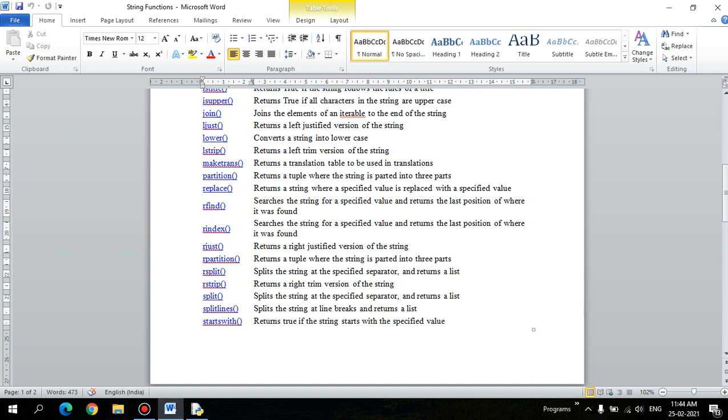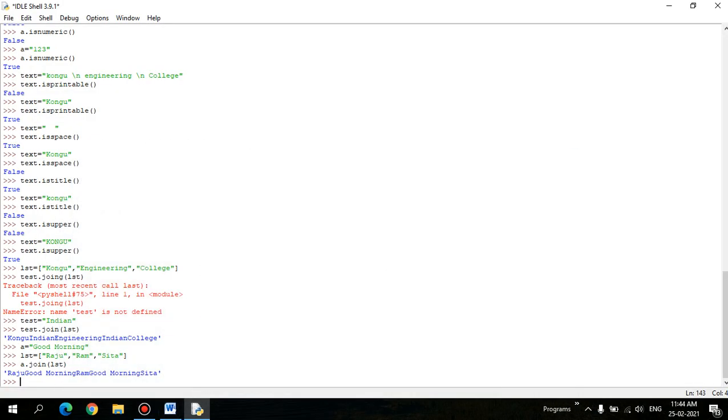It returns a left justified version of a string, and we need to define the width. So txt dot ljust, here it accepts width. Width is the important one, and it automatically left justifies the string.